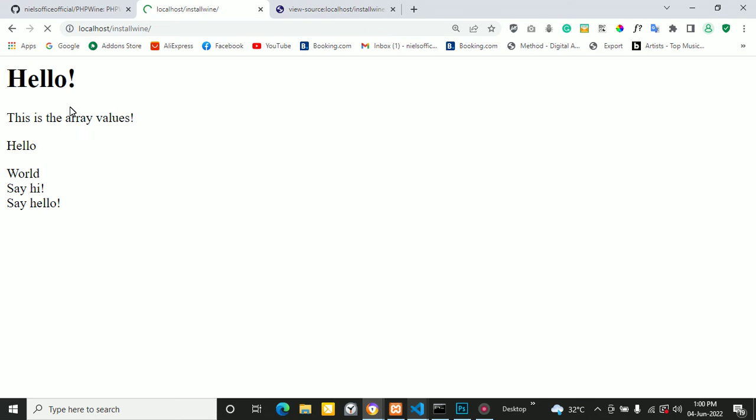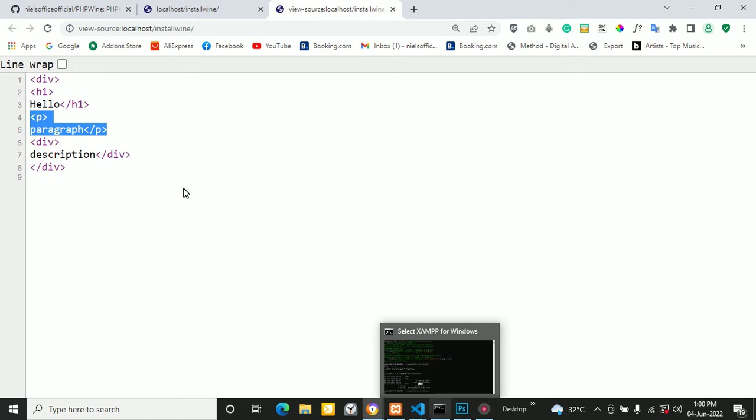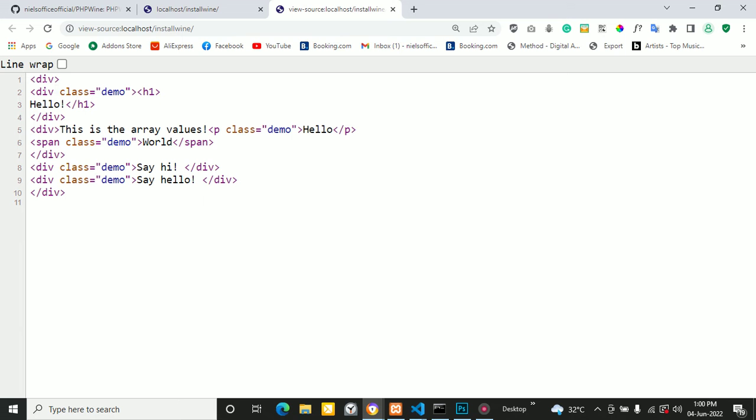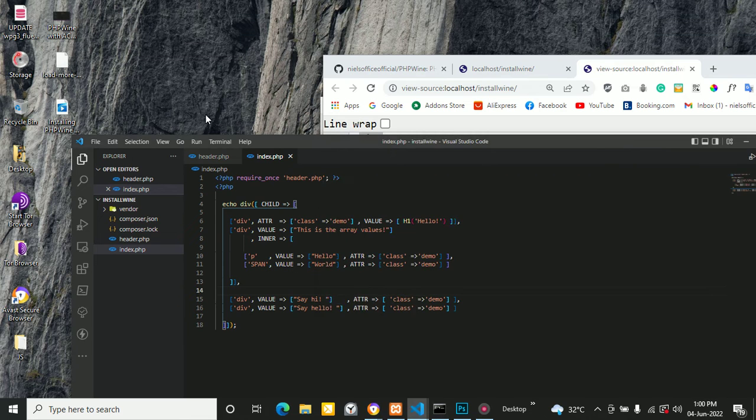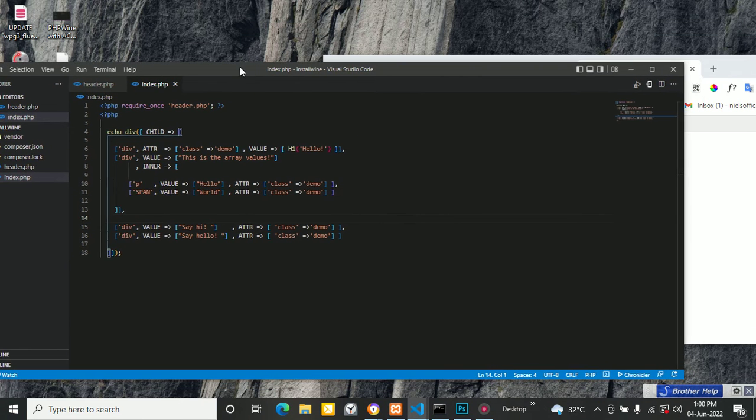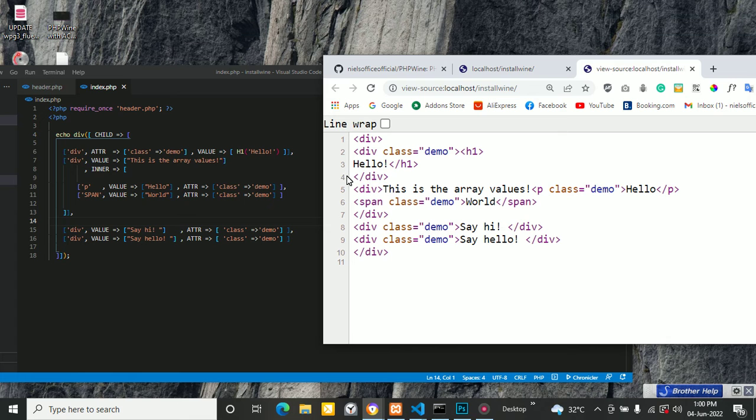Okay, so right here, let's hit refresh, and then as you can see, hello, this is a value array, hello, and let's refresh that, and inside of the div tag I have a demo right here. I will explain to you one by one. So in this child element array